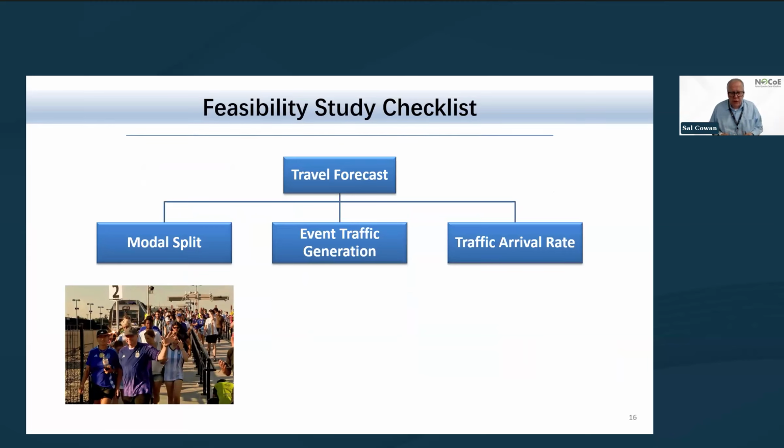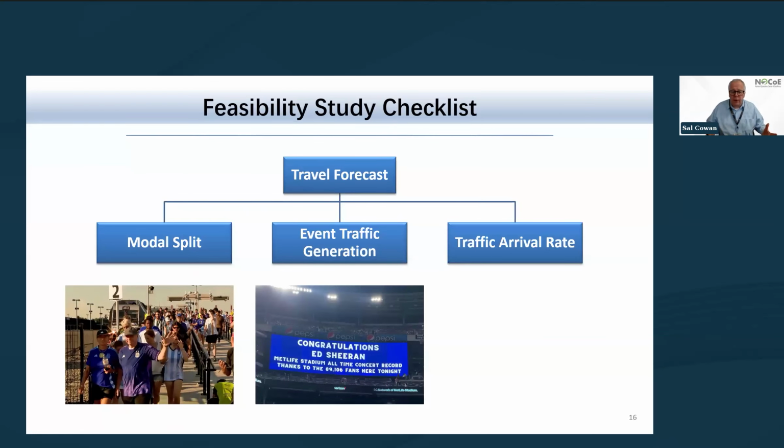Next, we look at event traffic generation. You should always know what your stadium capacity is. For MetLife Stadium, without any seating alteration, like what's going to take place for FIFA World Cup to accommodate the soccer pitch, attendance is 82,500. That said, Ed Sheeran showed up, performed in the round, so that there's no stage prohibiting the seats in a certain section, and they opened up the floor so people were able to fit an additional 7,000 people. What would that do to your parking, your transit, your rideshare? These are the things that you think about.